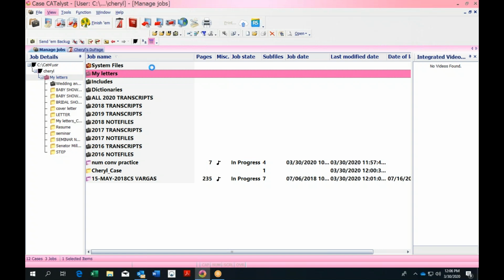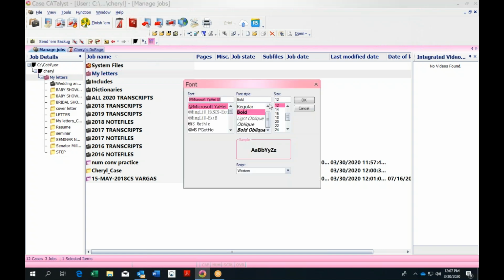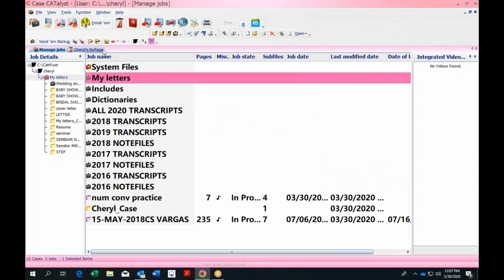It's coming up. You can make it bigger here. So I have it set on bold and 12. If I wanted to change it to 18,